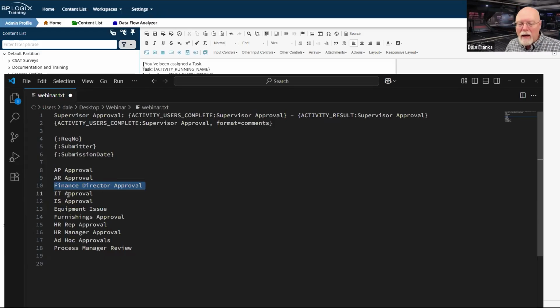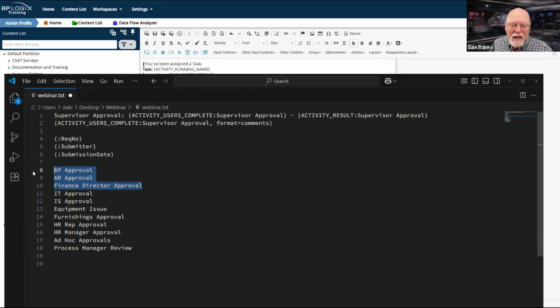Now, I didn't make any of those same configurations for any of my IT or facilities or HR functions, but presumably the same thing is going to happen there. If I need some sort of software services, that needs to go through IS. If I need some sort of equipment, that's going to run through IT. And the same or similar examples would apply for facilities or HR requests. So this is where all of my customization just happens to be in this sample project.